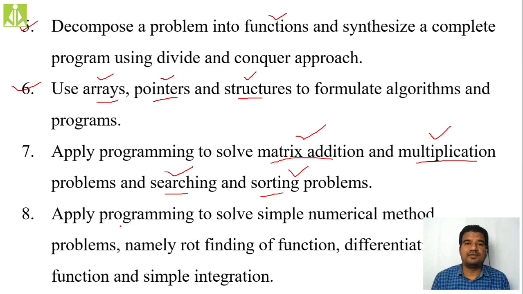We are going to have these functions in two different types. One is user defined functions and the other one is predefined functions. So once you complete this particular course, you will be able to know what are predefined functions in C programming and how you can create your own function by following some simple strategies. That is nothing but the user defined functions. So all these things also we will become familiar with once we successfully complete this course.